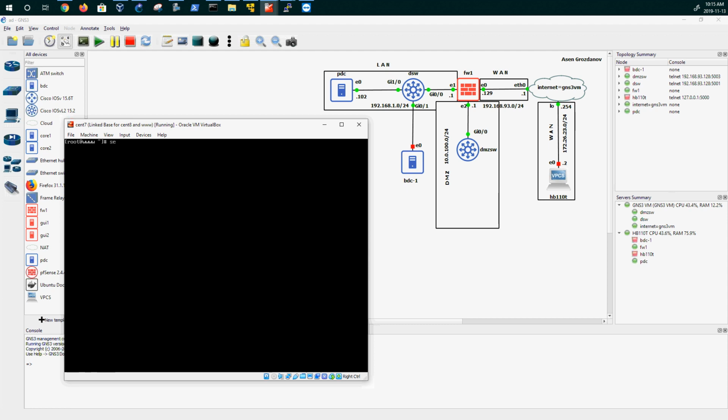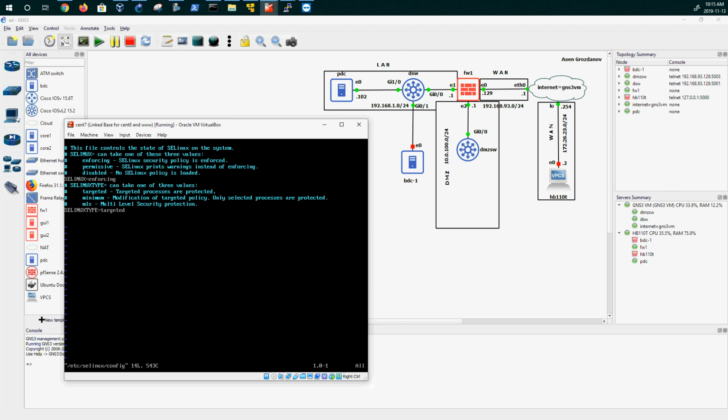Now what I do will be to check my SE Linux, and if it's on, I need to stop. Yeah, it's enabled. So what I need to do is to do vim /etc, and then go to the SE Linux, and here there is a configuration file, config file, and I need to just change this thing from enforcing to disabled,